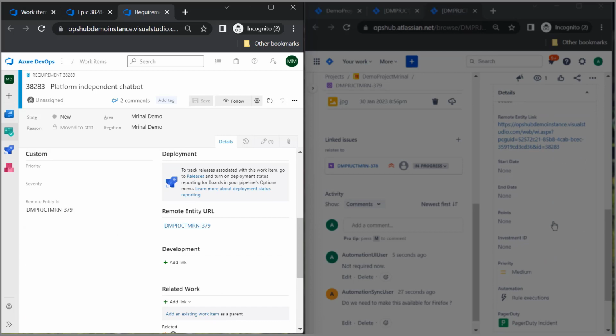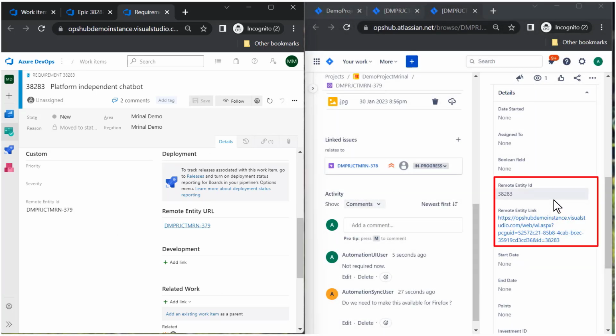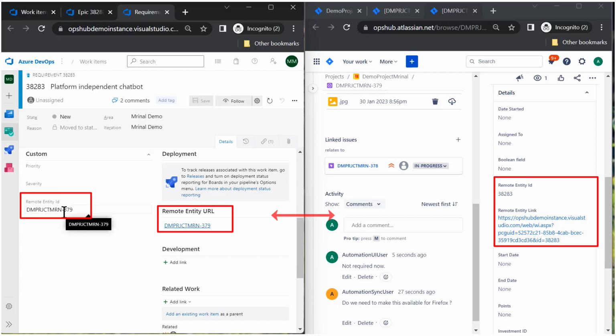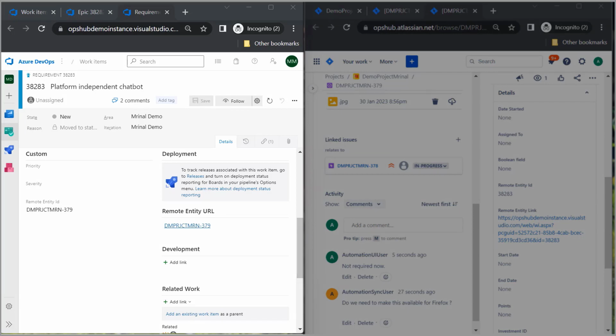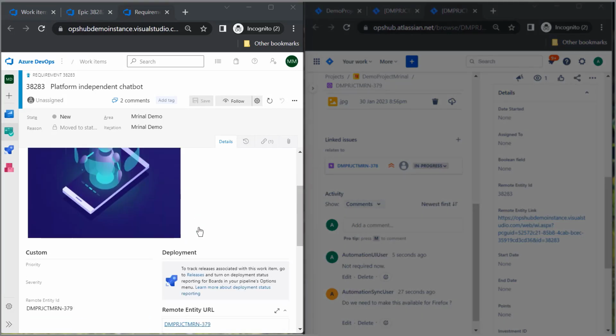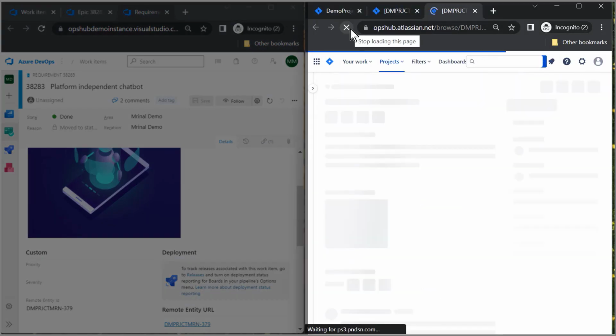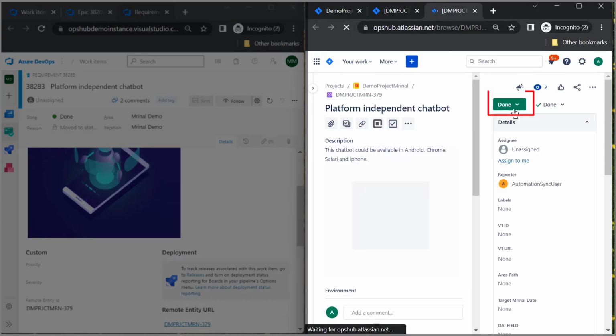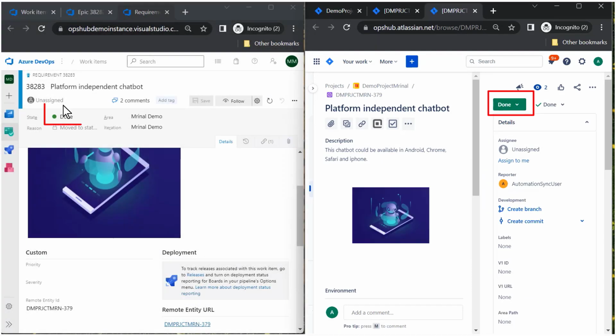Similar to the remote ID and remote entity link we saw in Jira for the ADO requirement, here in ADO we can see the Jira requirement remote ID and remote link. The engineering team now goes on to change the status of the ADO requirement, marking the completion of the work. Back in Jira, we can see the updated status of the Jira requirement, which is now the same as the